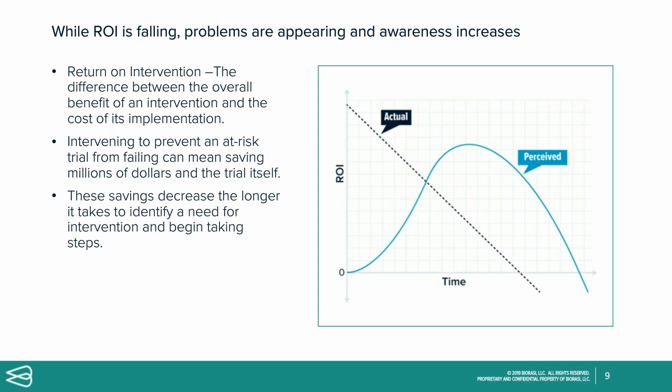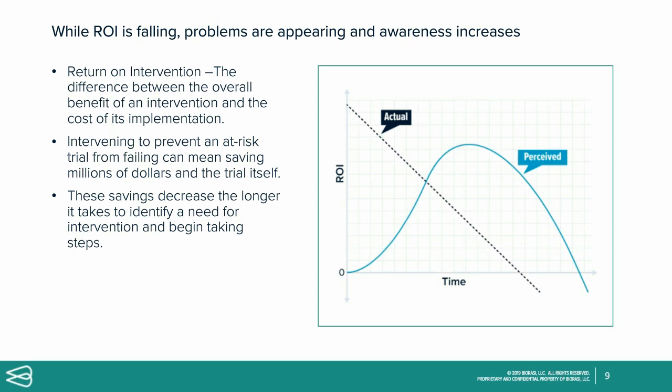and at some point, when things go bad enough, or there are so many issues in the trial, and the enrollment is delayed, and you're not going to make your database lock, and you're not going to make the top line results that you promised to all of your superiors, at some point that perception of risk and the need for intervention gets very, very high. The problem is that could be nearing the end of the trial, and at that point, it may not make a whole lot of sense to implement something